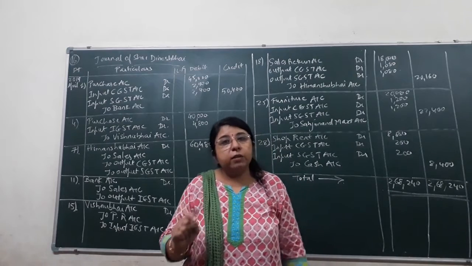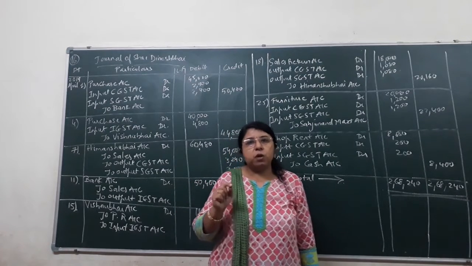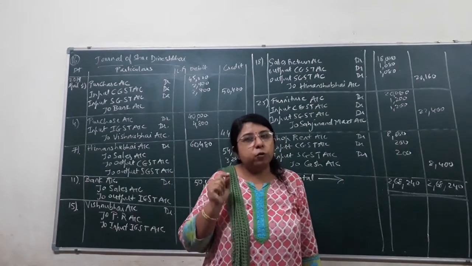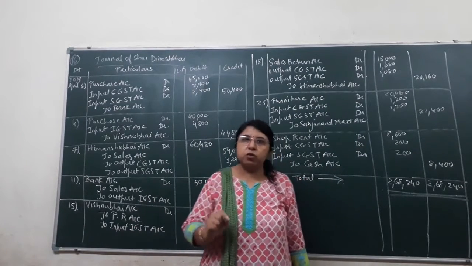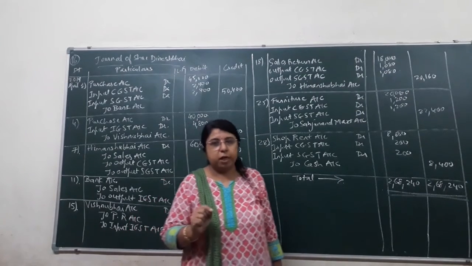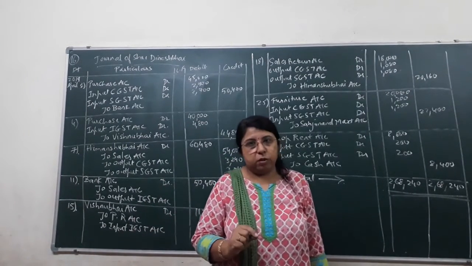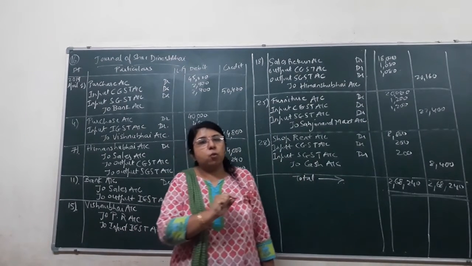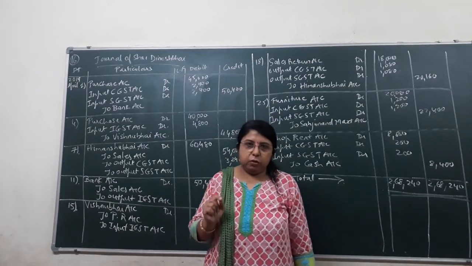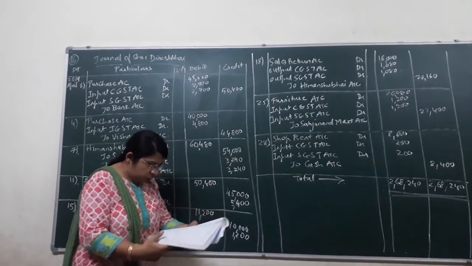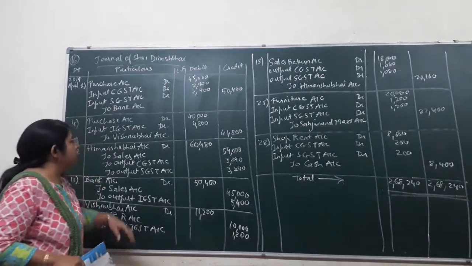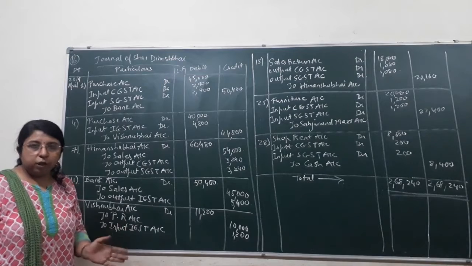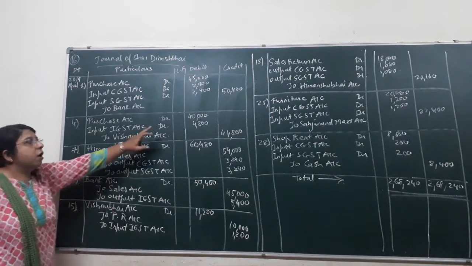One more thing, here it is given cash discount, but cash discount will not be applied over here because this is a credit transaction. And our teachers have already explained to you that cash discount will be applied only and only if the transaction is a cash transaction. Over here it is just for misguiding you. It is a credit transaction, so we don't have to count the cash discount. Okay. Now how much worth of goods have we purchased? That is 40,000. On 40,000, 10% cash discount we do not have to count, and also trade discount is not given. So as it is, the purchase amount would be 40,000.